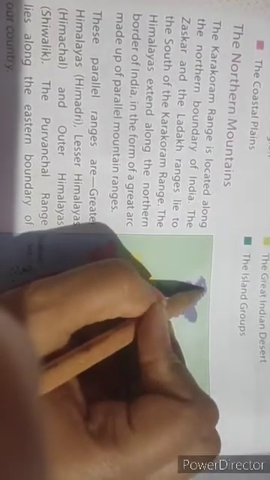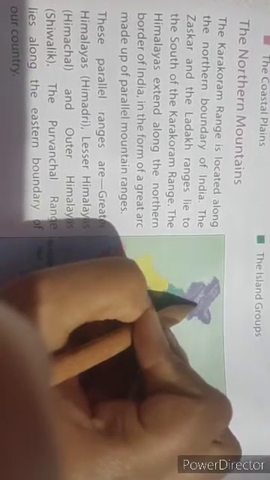This is your Karakoram range. The Karakoram range is located along the northern boundary of India. Then comes the Ladakh range, which lies to the south of the Karakoram range. Then comes the Jaskar range.